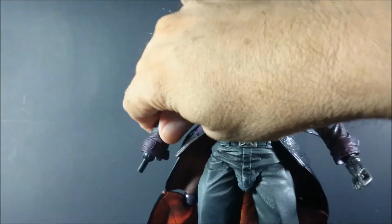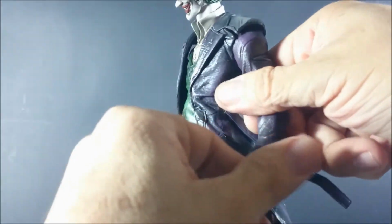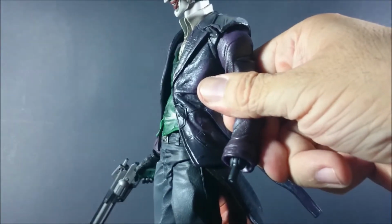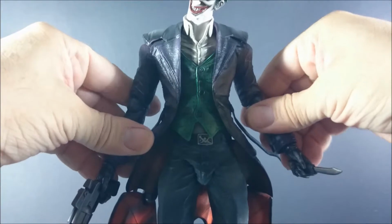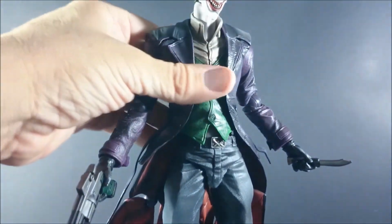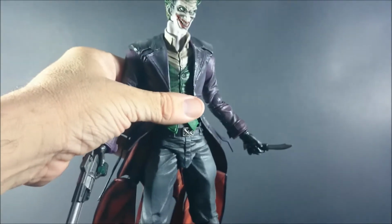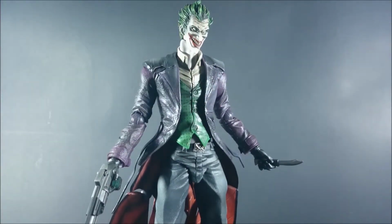We just take this off and we can put the weapons on him. And same with the other hand. And we put a knife on it. And now he is ready to fight Batman or commit his crimes. So